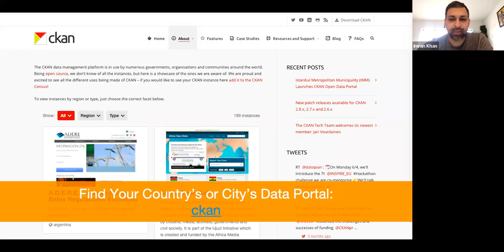I mentioned that only because I realize I'm hacking through these various platforms pretty quickly here. There's a more general kind of search engine for open data sets. CKAN is a really good resource that provides you with information on how to access different countries' or cities' data portals. They're open data portals specifically.